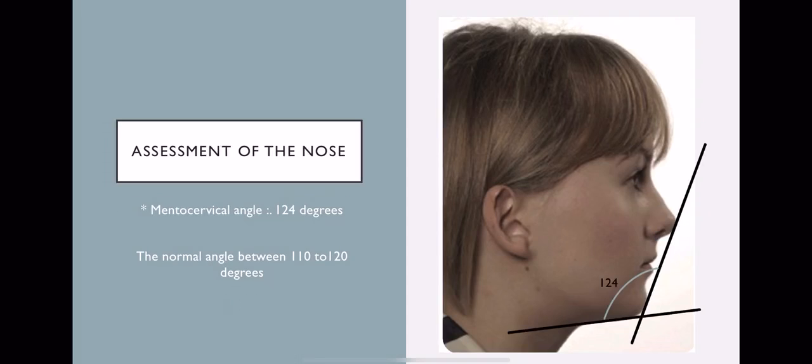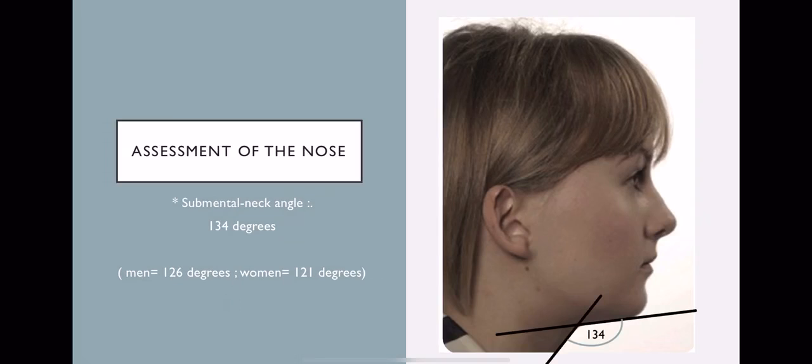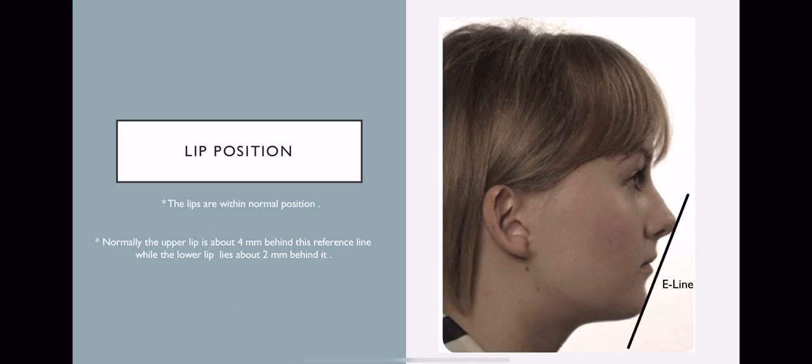The mentocervical angle, it is increased because it is here 124, whereas the normal range is between 110 to 120. The submental neck angle is increased also because the normal range for women is 121, whereas this patient has 134 degrees. The lip position, first of all, the lips are within normal position in relation to the E-line